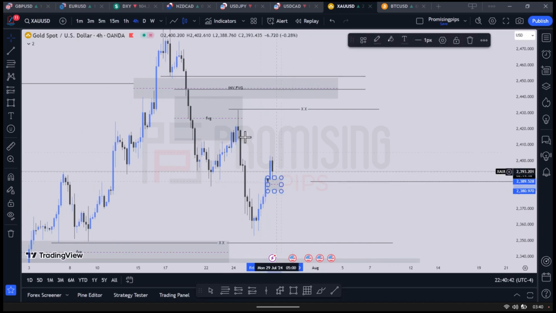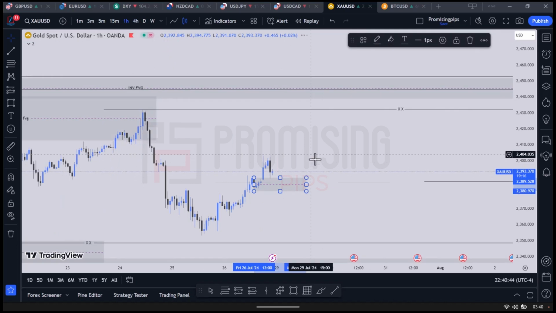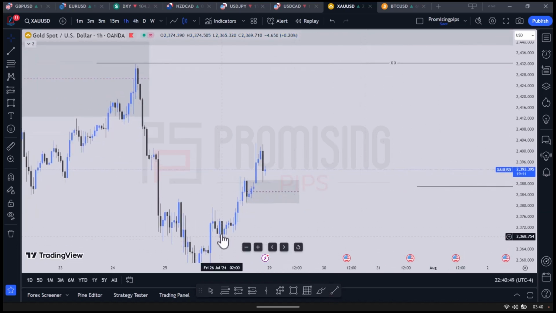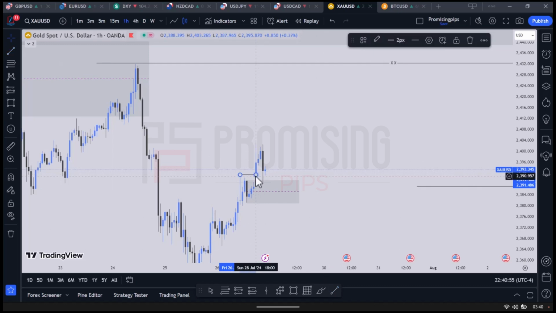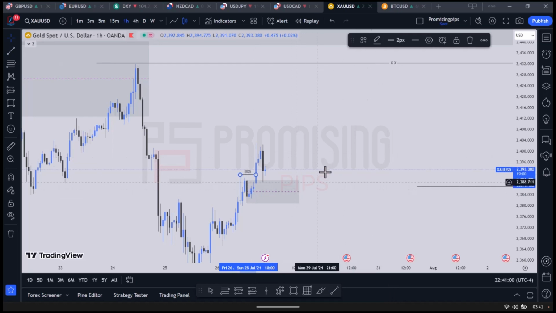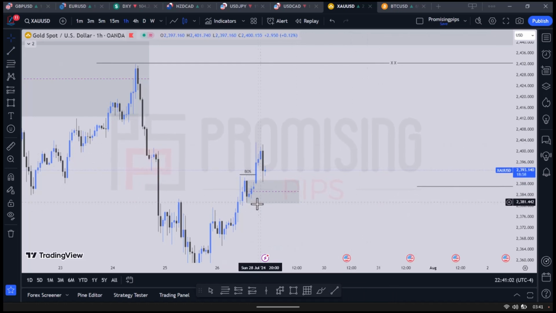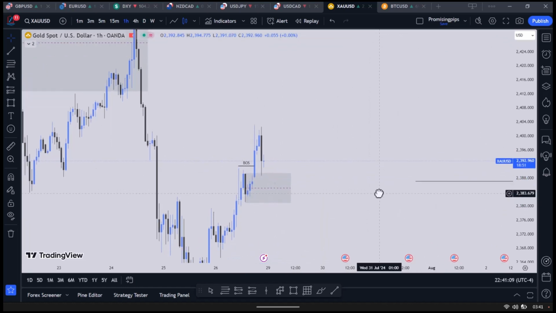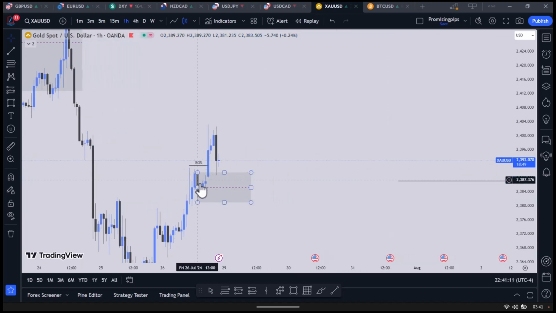So let's move to the 1 hour time frame. Now looking at this 1 hour time frame, the market actually moved back up here to here. Now this is a break of structure to the upside, right? This is an order block, and I'm seeing, like I told you, the market has to rebalance inefficiencies, right? Now looking at this, I'm seeing an inefficiency here where the market needs to rebalance.